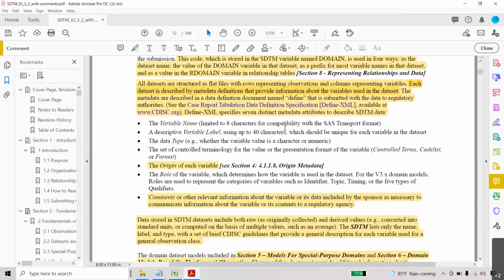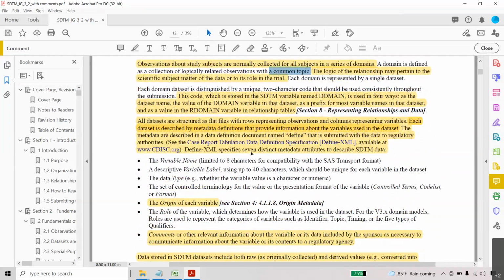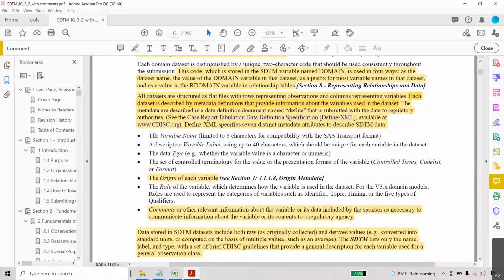Next, for any variable there should be some standard, correct? You cannot simply create a variable or column heading like DTMIG. They kept some standards. What are those? The variable name should not be more than 8 characters.